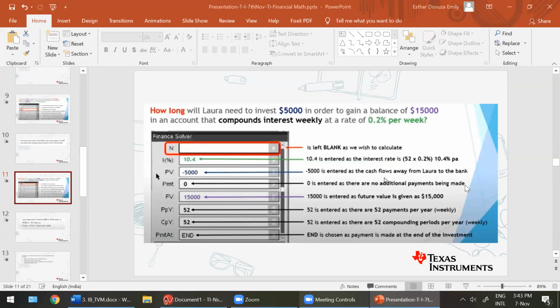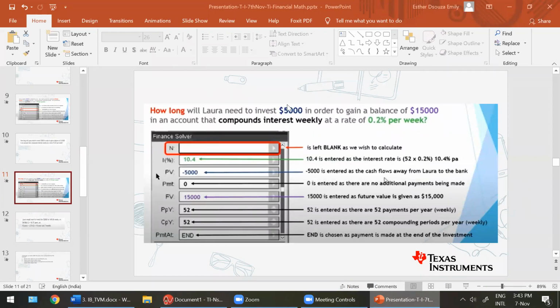Anvi, that's correct. It's 549.86 weeks. You would expect such a huge answer, right? Because you're compounding weekly. So here's a good opportunity for you also to use logic, okay? You are compounding this value weekly, right? So you know that there are approximately 52 weeks in a year, right? And 0.2% per week into 52 weeks, you would have 10.4.